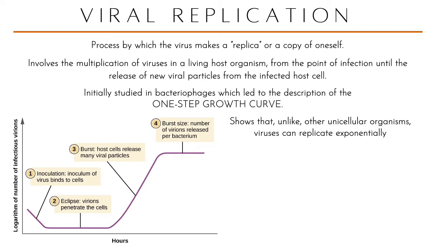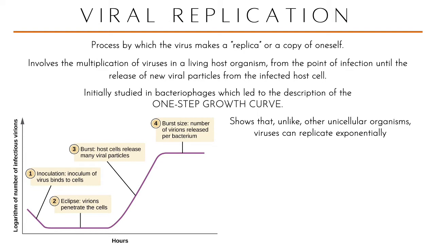Look at the graph on the lower left of the slide. The first point was inoculation. They have a cell culture and they inoculated it with virus, with bacteriophages, and then they were able to see the number of infectious viruses at different time periods of the experiment. At inoculation, they see that there is a decrease in the virus that is detected extracellularly or